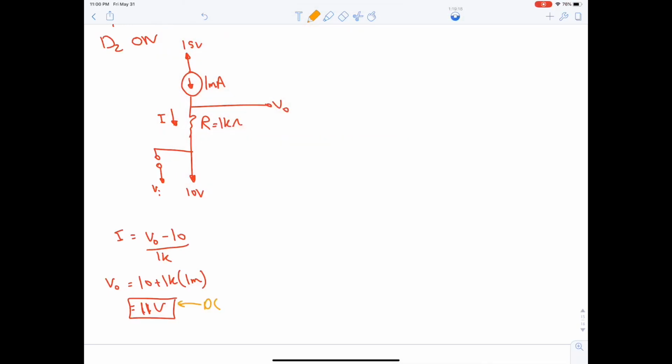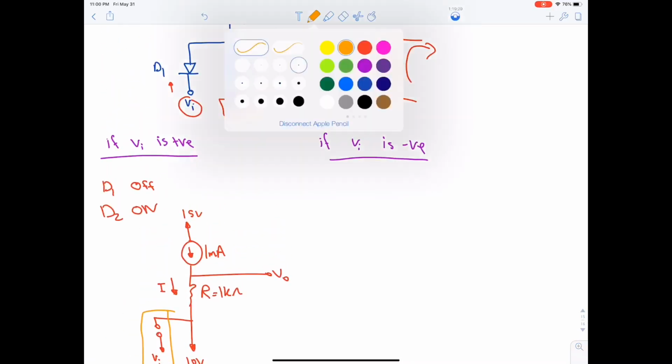Why? Because VI is actually disconnected from the circuit. It's no longer connected, and it's just simply a number. There's no VI component in it. Okay? Now, taking the other case,